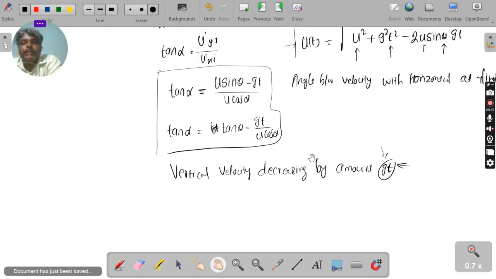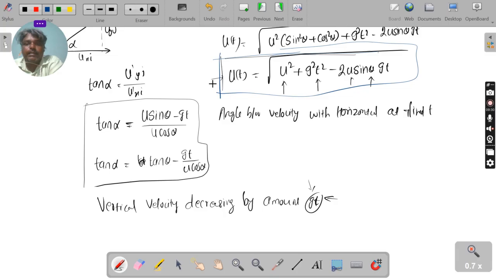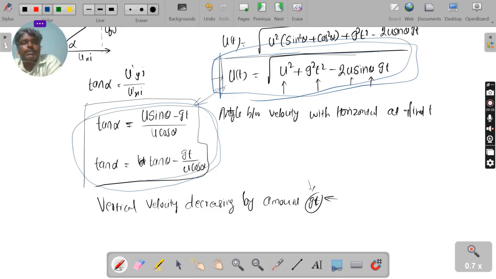சரிங்களா? So we derived the three formulas. Here we have 3 formulas. Velocity at any time, derive பண்ணிட்டோம் இல்லையா? Velocity at any time and the angle between the velocity and the horizontal component. The two formulas derived. Both are the shortcut formulas. Okay, next thing,